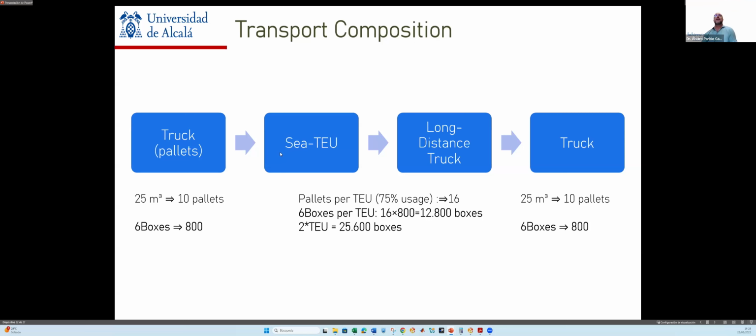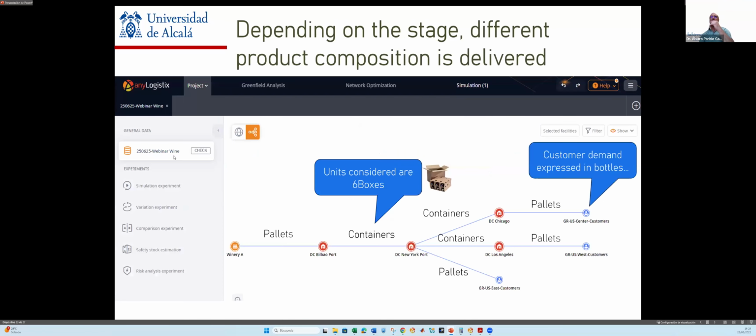Then we have the containers, the sea containers, and we have the long distance trucks that are moving 1 container. And for the shipment, we have 2 types of movement in the sea, that is 2 containers or single container shipping. And then afterwards, for the distribution side, we will use trucks again, as same as we move from the yard to the source port. Okay, so